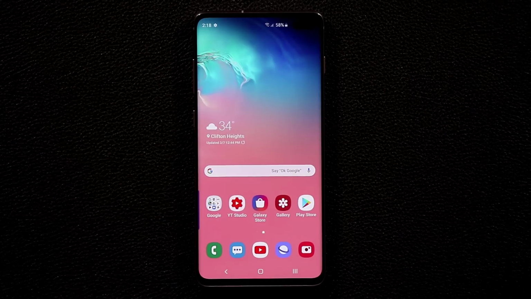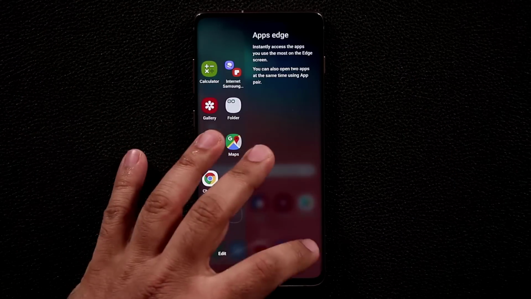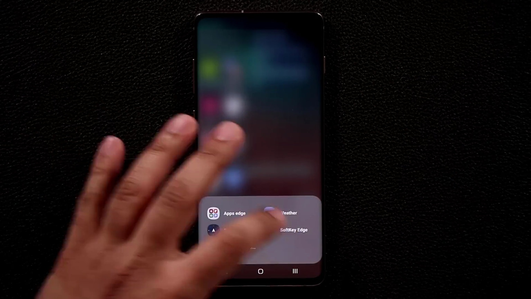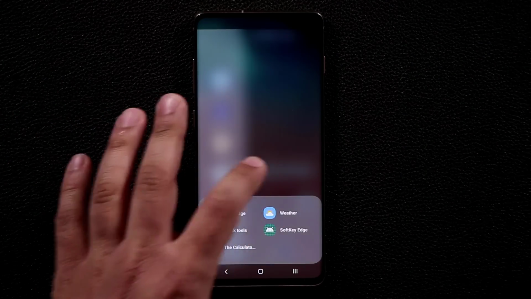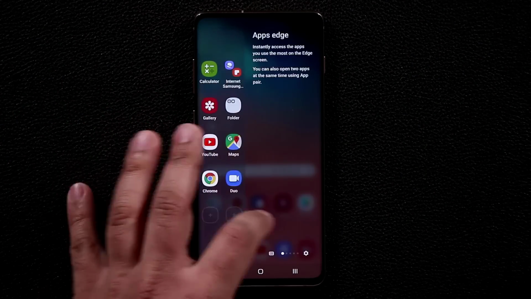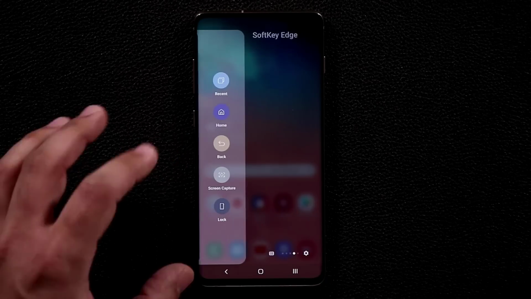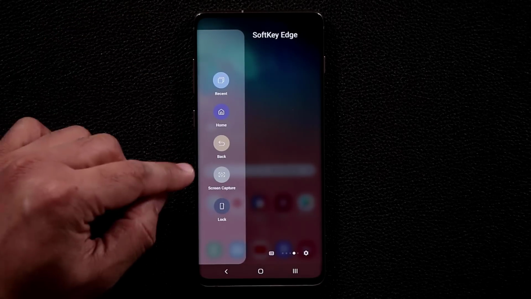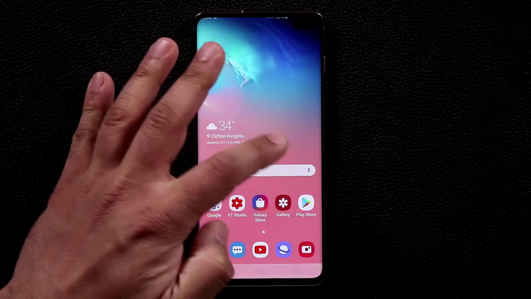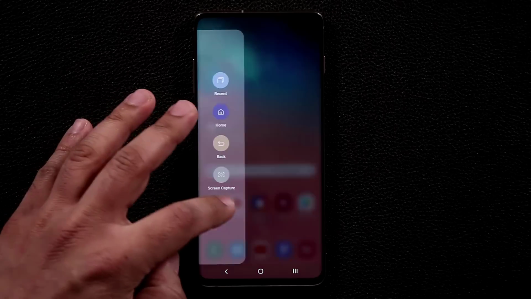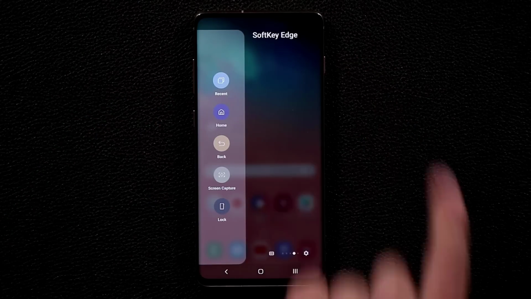Alrighty? And I did promise you guys that I'm going to show you how to get this soft key edge feature over here. By the way, you can tap on this button to quickly access your edge panels, or you can just swipe through them as I'm doing right now. So to get the soft key edge, which also allows you to take a screen capture just like that, and also let me just click allow, and also to lock the screen without pressing the power button, you go to